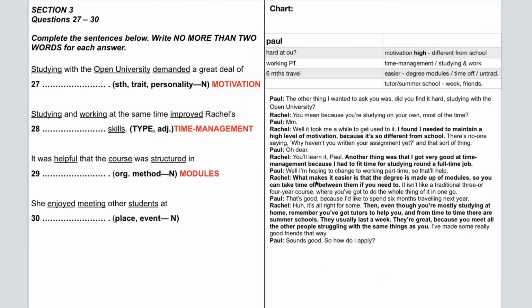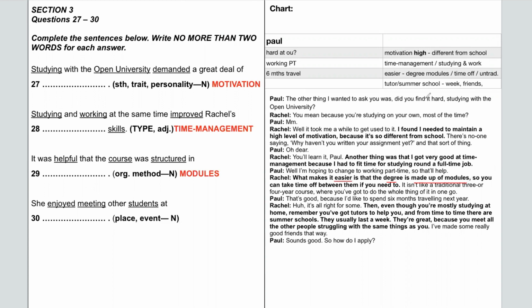And let's go ahead and look at the bolded statement that gives us a clue here. Now, Rachel said, what makes it easier is that the degree is made up of modules. So there you go. Made up is a great synonym for structured, and degree is similar to course. So these are also other synonyms that you should look out for. The last statement is she enjoyed meeting other students at, and remember, we looked at a place